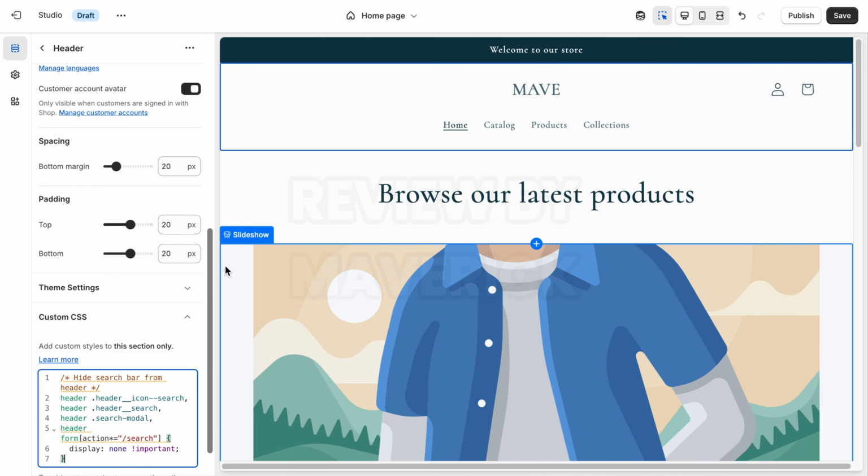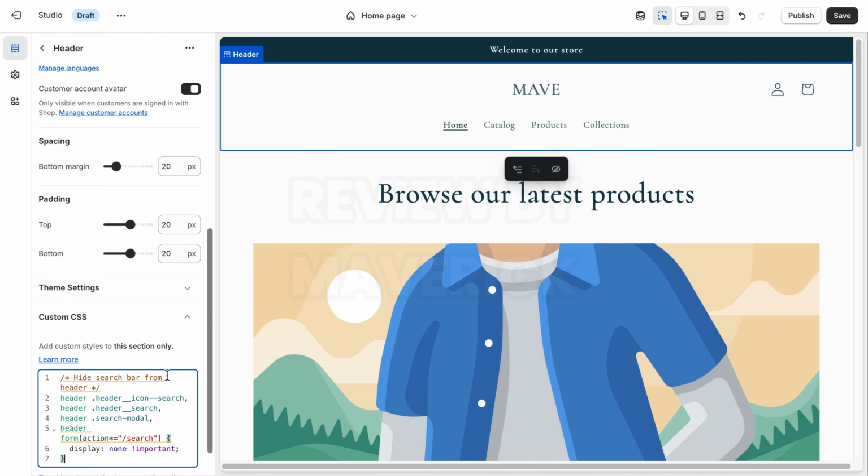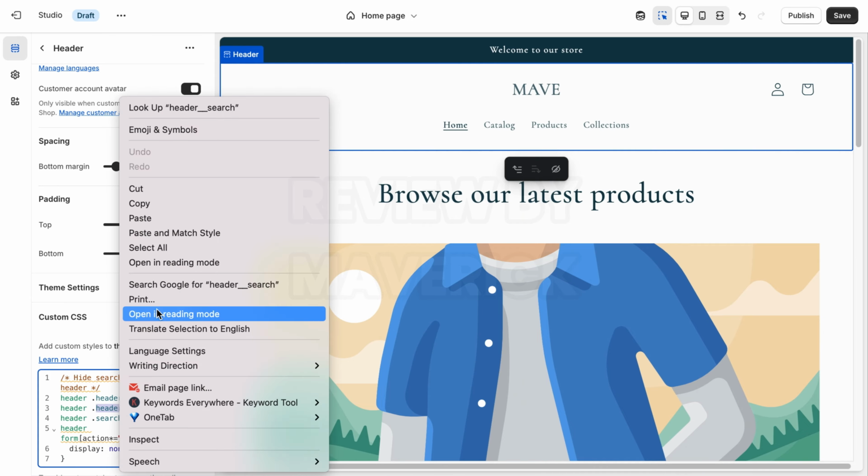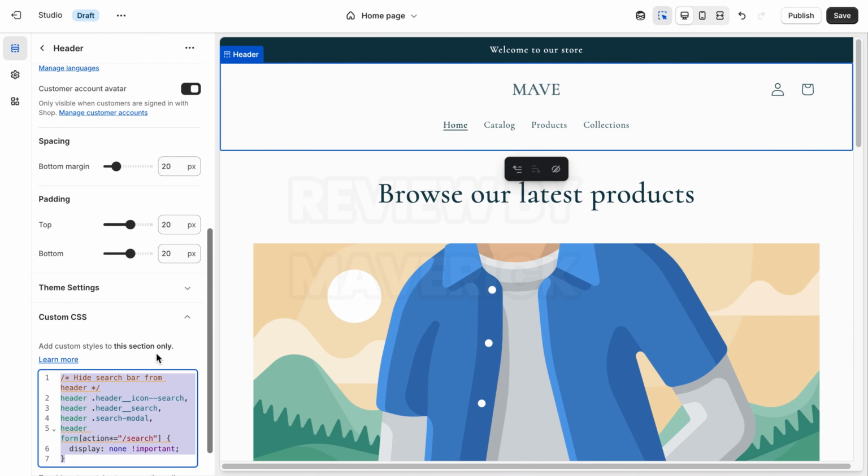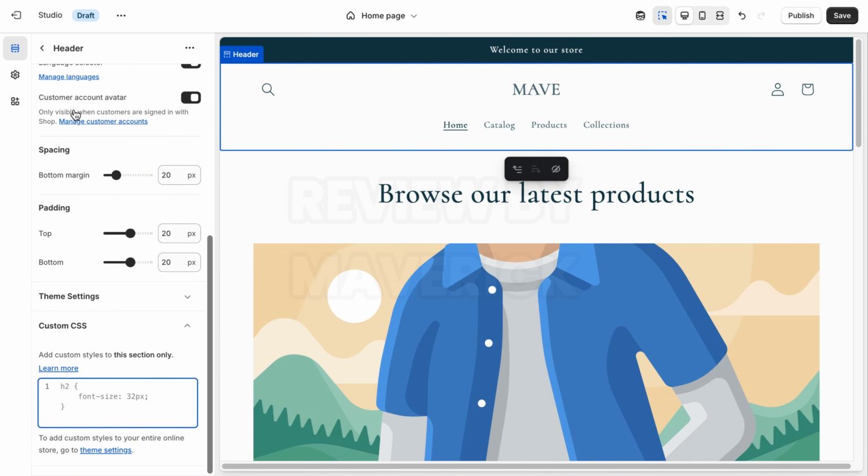I'm going to give you a bonus method also because some people might be like, okay, I still don't want to post in the custom CSS, maybe because you already have some code there before and you don't want to tamper with any code. It's fine. There is a way that you don't even need to tamper with any code. So if you are cool with this, you can just go ahead, click on save, and have a nice day. However, if you don't want to do this, you can go ahead and come back here